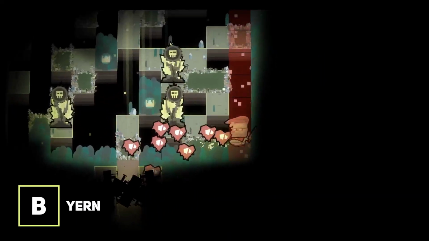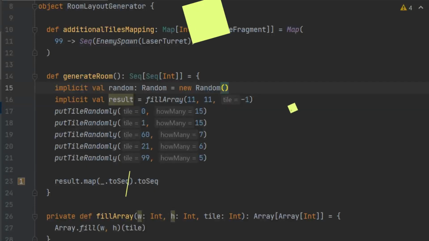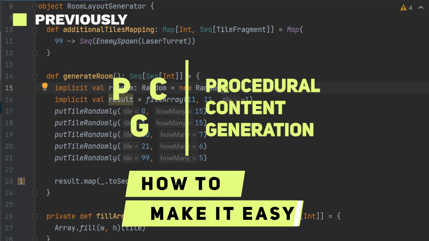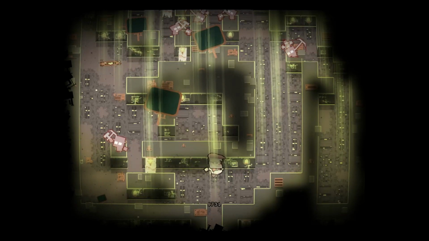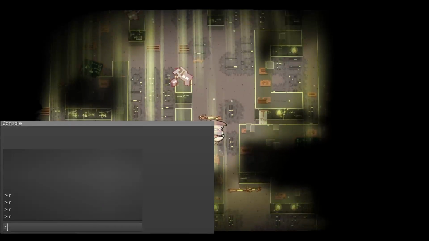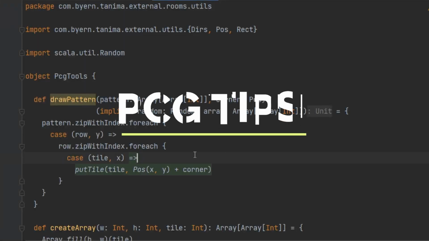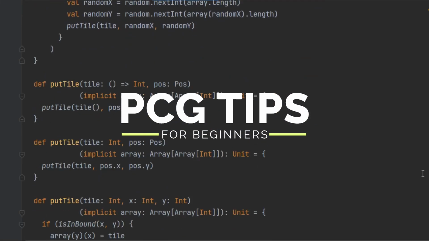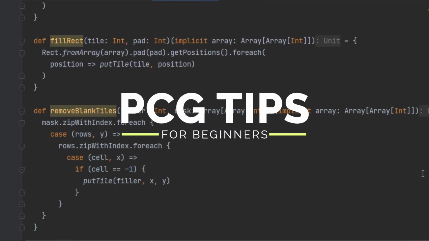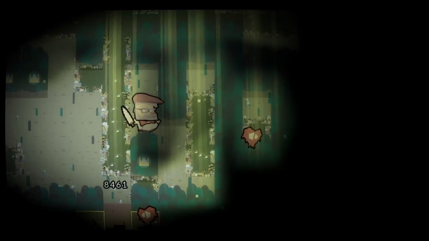In my previous video, I've covered one of the simplest ways of using PCG for roguelike rooms generation. This week, I proceed with implementation and I put an effort into describing a few important tips that I found helpful. It should be useful for anyone at the beginning of their journey with PCG. I will show you what I mean. But before, a little disclaimer.